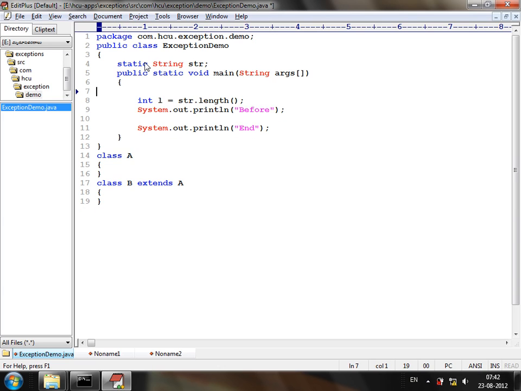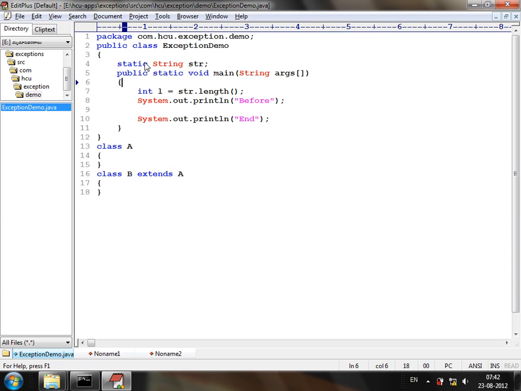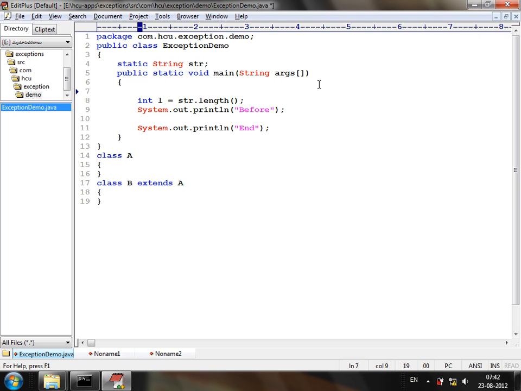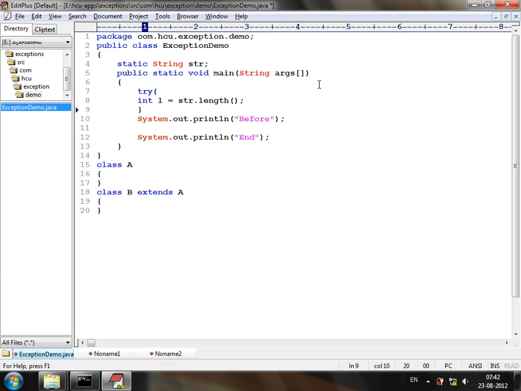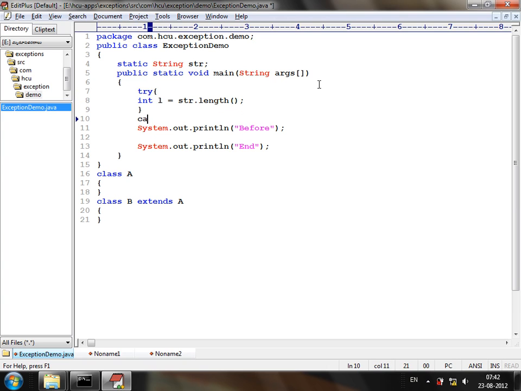Now, will it be a null pointer exception? Yes, just because the default value of str will be null. So in order to handle this, what do we do? We put it in a try block, and in the catch block,